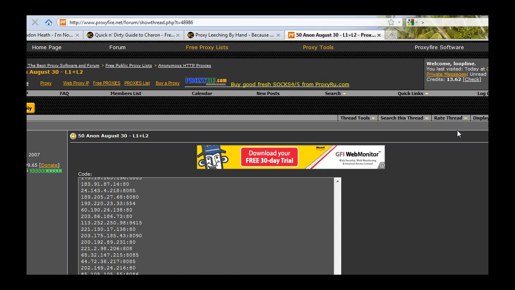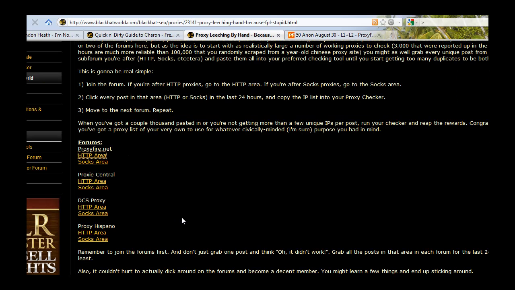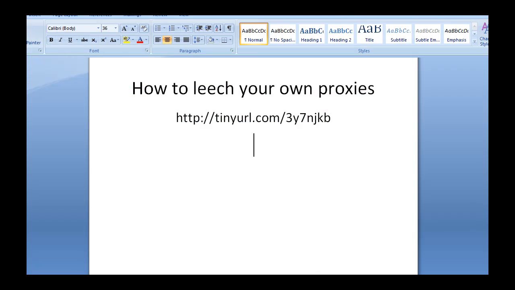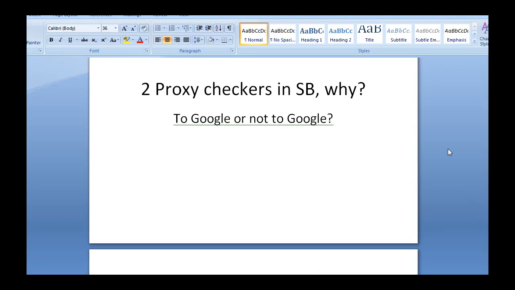So you're not going to have the same effect, and they're not going to get hammered as quickly. So you can go through that whole list there, it talks about them, and then you can search around for your own. My best proxies that I leech by hand aren't on this list. They're ones that I found on my own. There's proxy checking to find out your different levels.